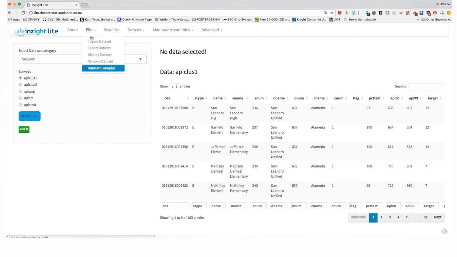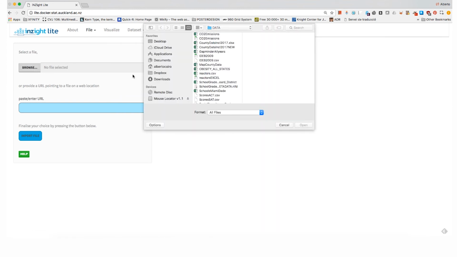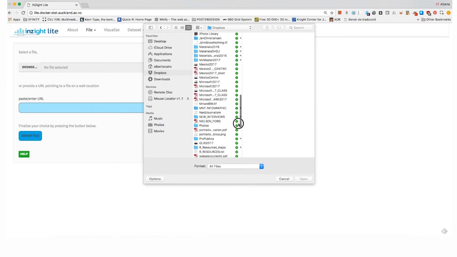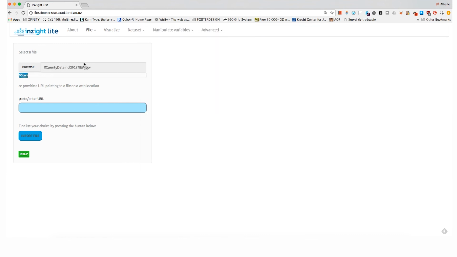But if you want to use the one that I created, just go to the File menu up here, Import Dataset, Browse. I'm going to find the dataset. I have it on my Dropbox folder. I'm going to find the folder where I have all these videos, which is Insight Tutorial, County Data New. All right, remember that is the second one, the one that has a CSV extension, and just let it load. It's going to take a little bit long because it's a relatively big data set. So as long as we are online, this is going to take a little bit longer.